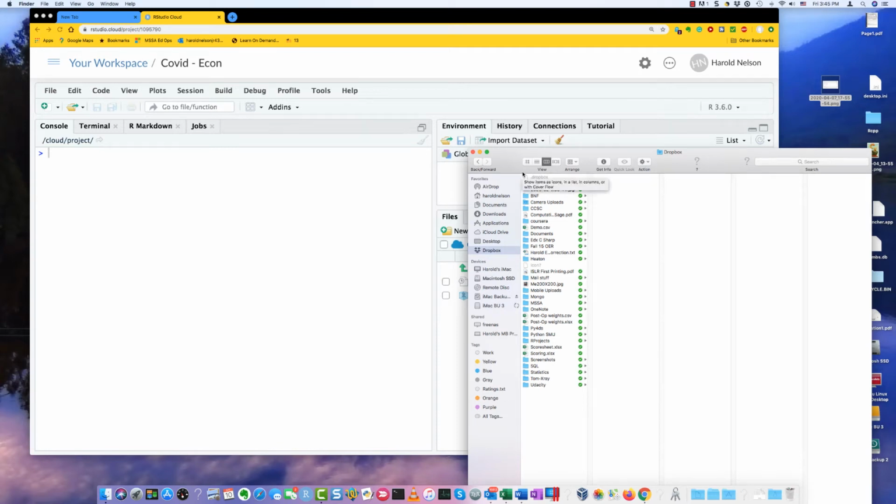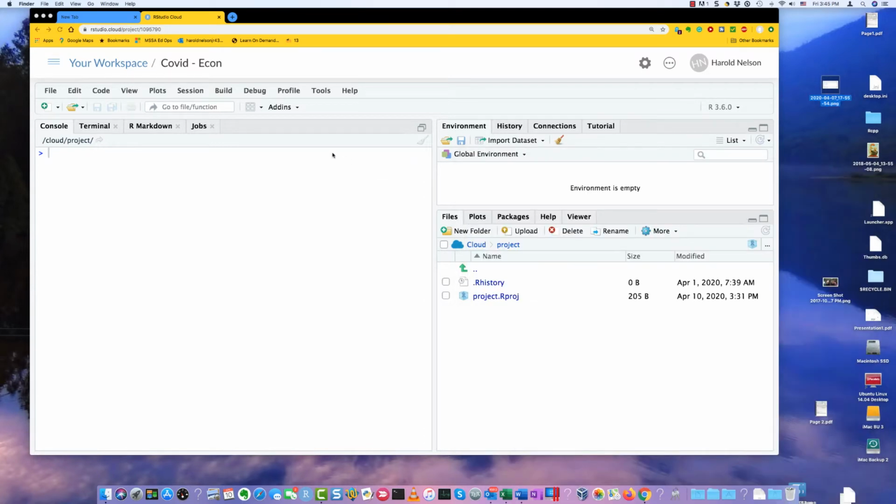I want to show you how to get a file from your computer up to RStudio Cloud and then import it. And the file I want to get up there to RStudio Cloud is this thing, demo.csv, comma separated values. So let's close this, and then in RStudio Cloud I go up to